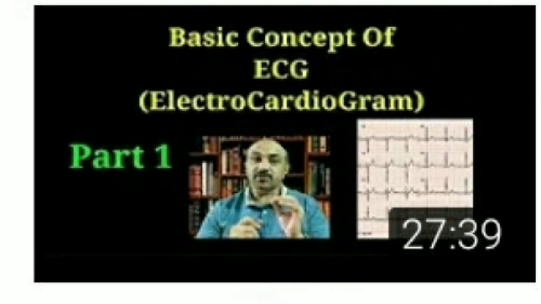Now a person comes either with shortness of breath, chest pain, weakness or any complaint, and you have obtained an ECG. As I mentioned in the last video, part 1 of the interpretation of the ECG, first of all you need to read the name of the patient, the date it was done and also the time when it was taken. You also need to look at the basic parameters of the machine, which are the paper speed of 25 millimeters per second and the voltage or sensitivity of the machine.